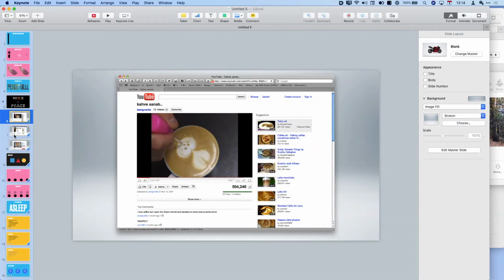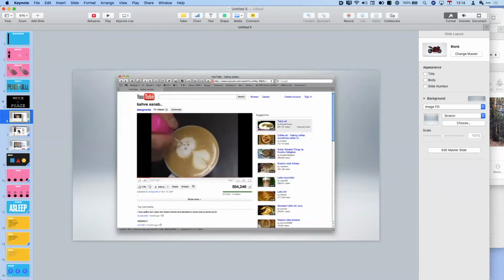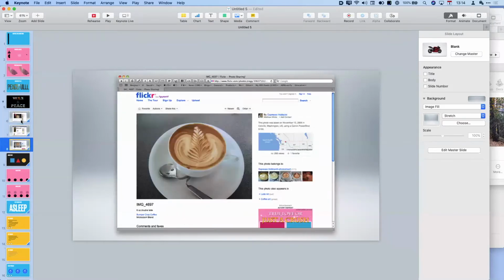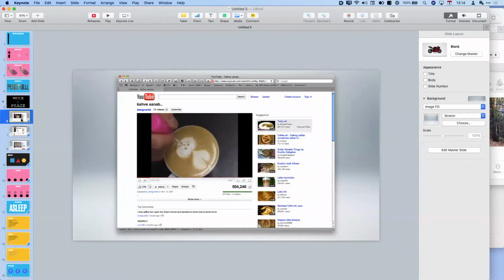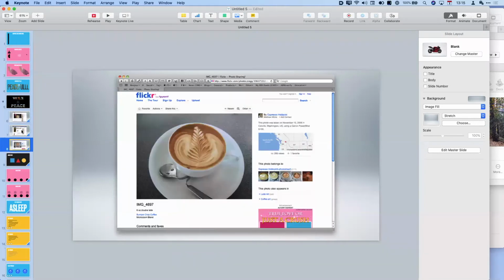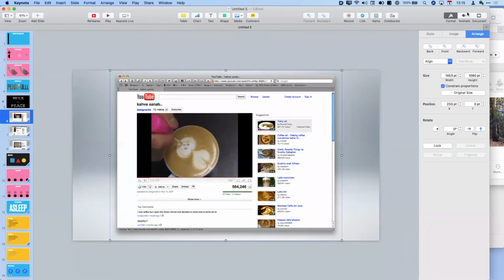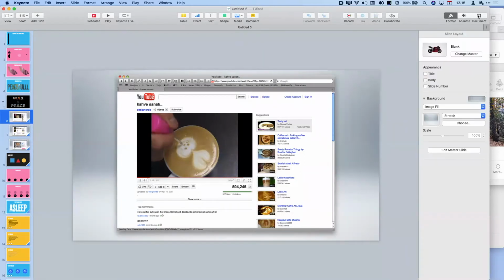I've got 3 slides about the same website. I was giving a talk about learning online and how there's so much information on YouTube. And I wanted to go through the 3 primary, at the time, video editing sites, picture sites, and Facebook, social media sites. And I wanted to move from site to site, but I wanted it to look like it was on the same slide. So if I select the slide and I come up here to animate,